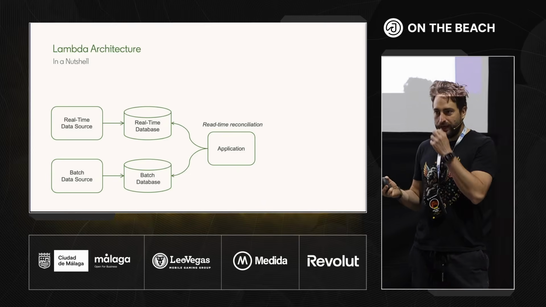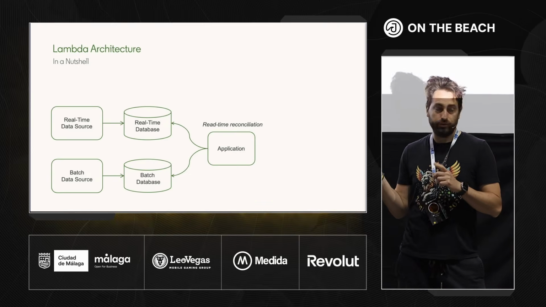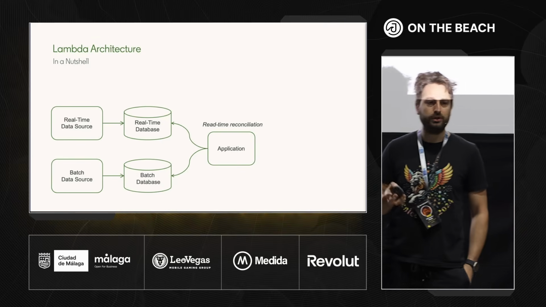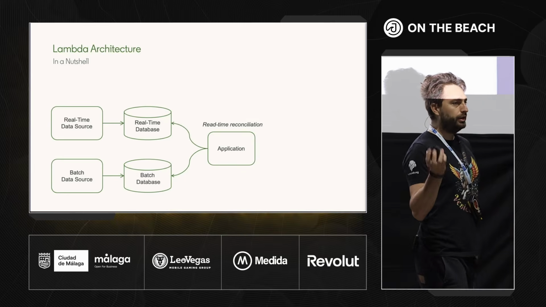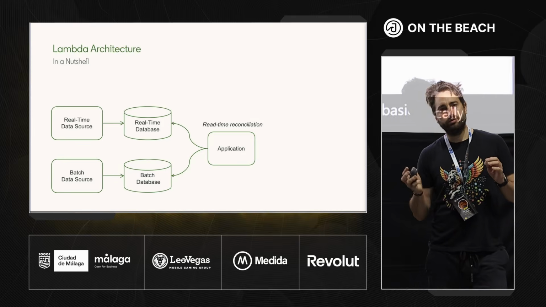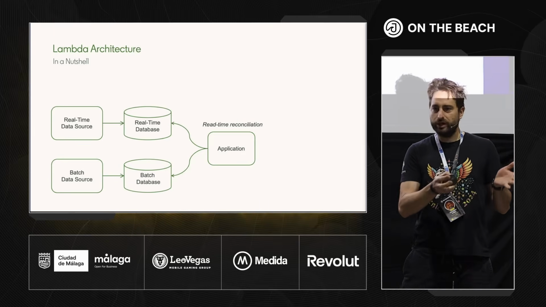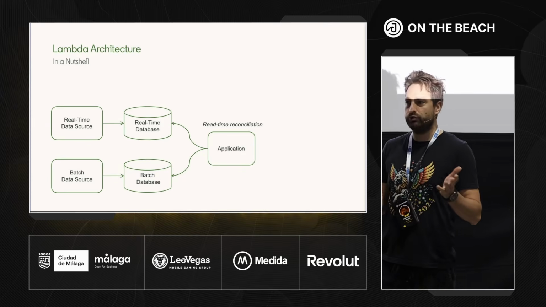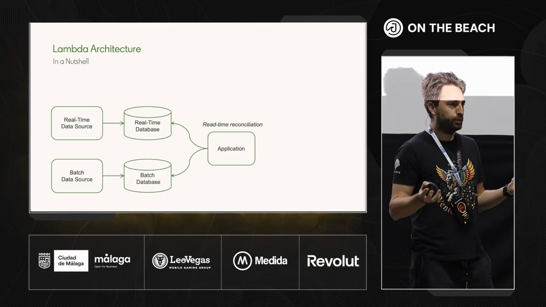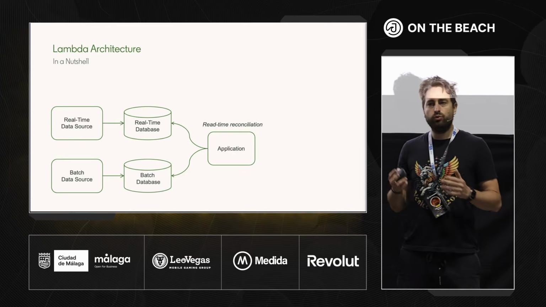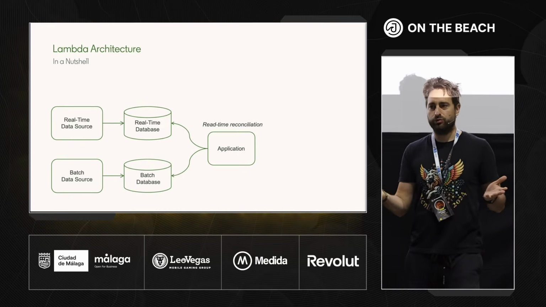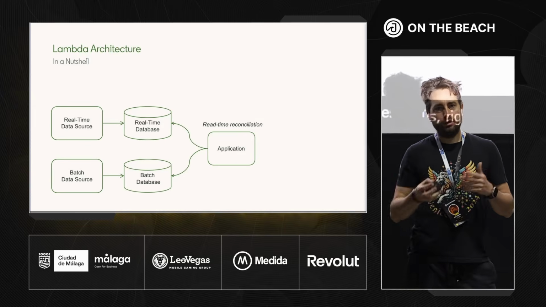But for now, let's talk about the lambda architecture that I mentioned a moment ago. Some of you may be familiar with it. It's a fairly old concept by now, but let's recap just in case. The idea was proposed by Nathan Marz around 15 years ago, and it says basically the following. We have real-time data sources, which could be the data coming out of a stream processor, for example, and we have batch data sources, which come out of, let's say, a batch processing job. And we would like an online application to be able to access the data coming out of both of these data sources, right? But, Nathan Marz says,